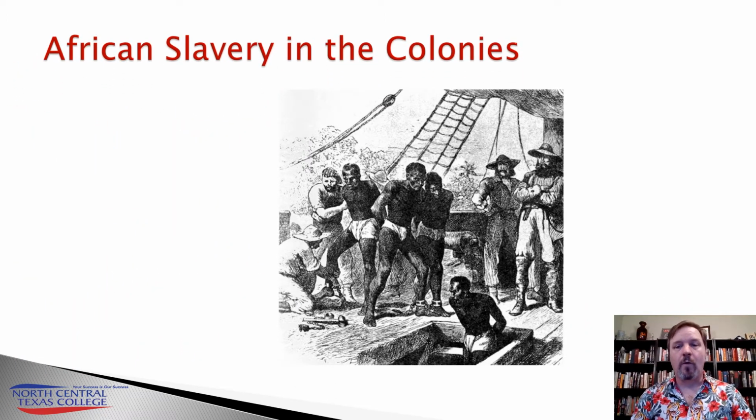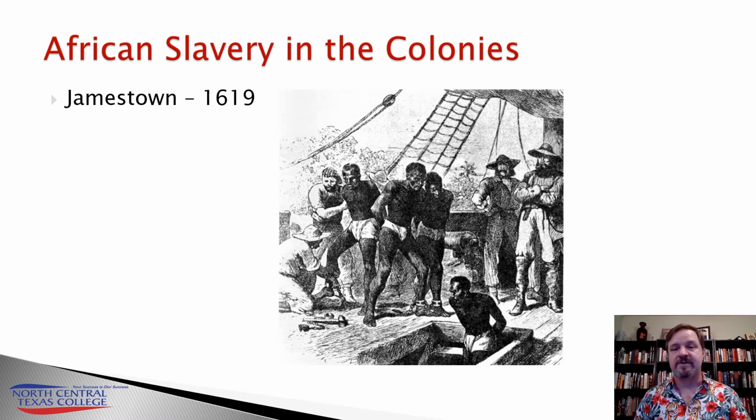So as I mentioned before, the first slaves arrived in the American colonies in 1619 in Jamestown, when 20 slaves were exchanged for goods on, actually, an English ship. It's actually a myth that it was a Dutch ship. John Rolfe actually wrote the account, and he didn't want it to be an English ship that had dropped them off, so he changed it to Dutch.